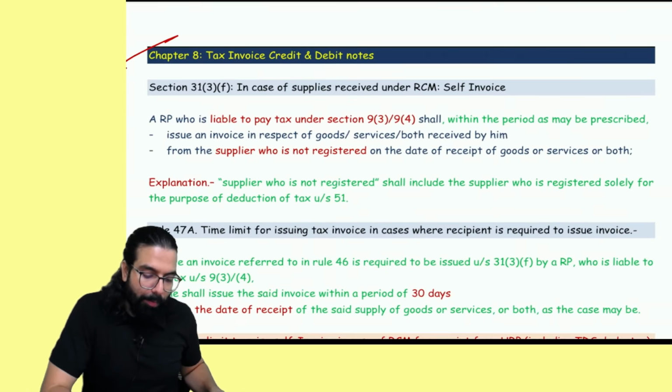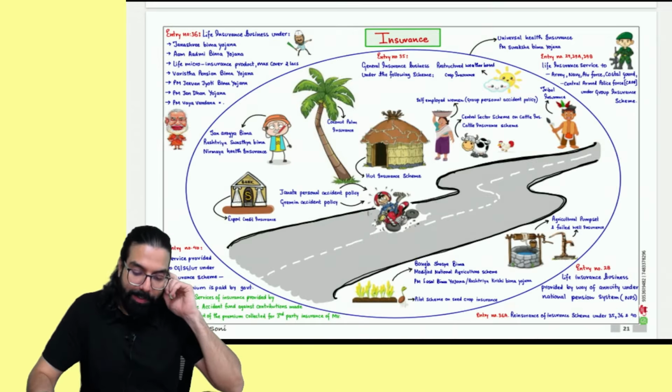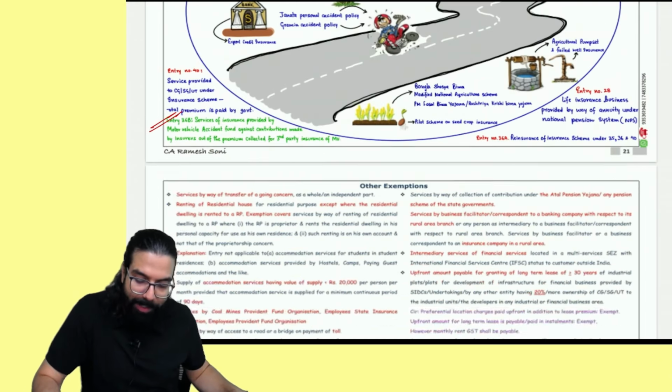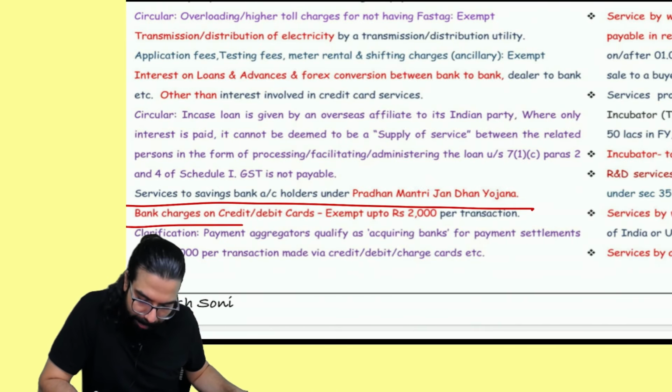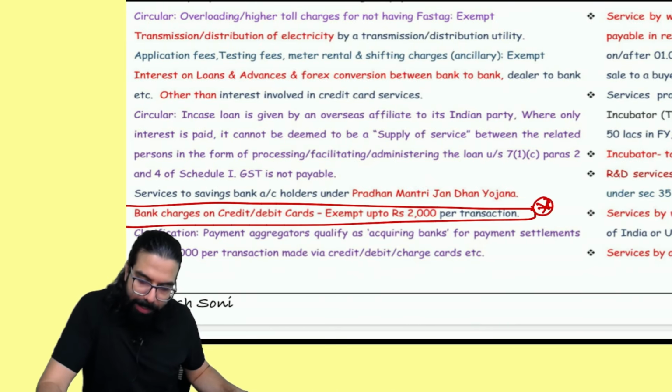Chalo, let's move to the next chapter. The next chapter is the tax invoice chapter. People, this motor vehicle accident fund point I have just given so that you can remember here. You can write and keep